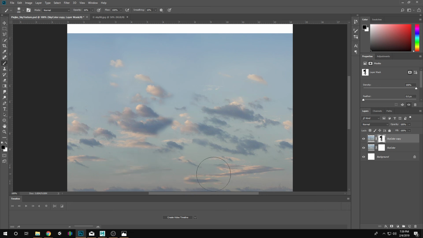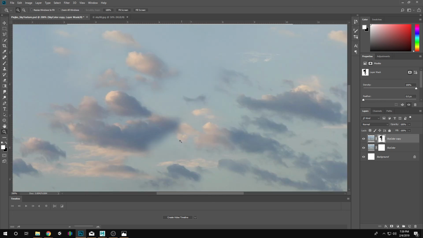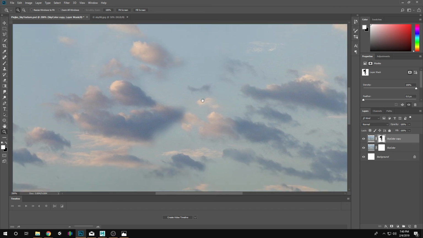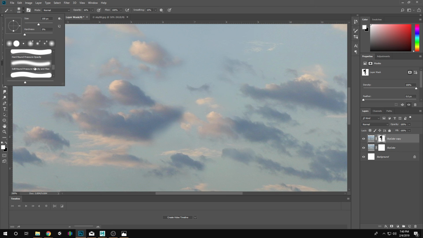So now I'm noticing I'm getting a repetition right here and right there, because I painted or I hid or unhid a spot. So what I'm going to do is just keep painting this one in. Okay. I like this. There's some spots here. I got this little spot here. It's kind of blurry, and I got that spot that's a little bit blurry. I can try to crispen that up again by going into my brush tool, and I'm going to change this brush to being something more like maybe a